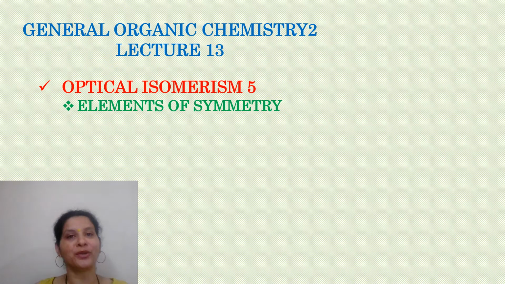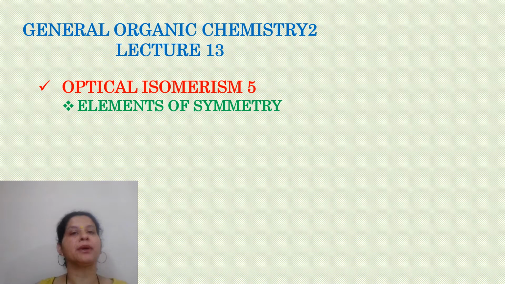So first of all, what do we want to know? We want to test for the chirality of molecules, and in that what you have learnt is that if the molecule has one chirality center, 100% that molecule is going to be a chiral molecule, 100% it is going to show optical isomerism. But if the molecule has no chirality center or more than one chirality center, what about those molecules? To understand that, we started learning about the elements of symmetry. The first element of symmetry we learned in the last lecture was the plane of symmetry. If a plane of symmetry is present in a molecule, that molecule is going to be achiral. It will not show optical activity.